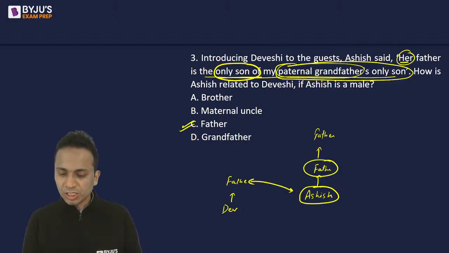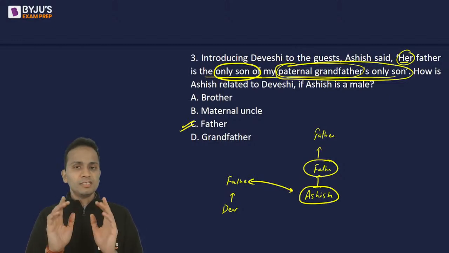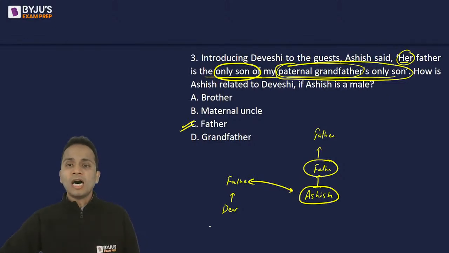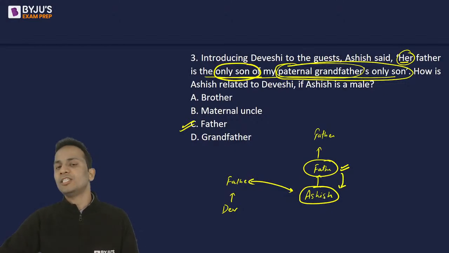So Ashmita, Abhishek, and Vaishnavi, three of you have given a correct answer. Yes, this one was difficult. I will take it once again. So her father is the only son of Ashish's paternal grandfather's only son. तो इस पर्सन का ओनली सन है। इस पर्सन का ओनली सन कौन होगा? आशीष होगा, इफ आशीष इज अ मेल। ओके, सो आई कैन से दैट आशीष विल बी द फादर ऑफ देवशी।